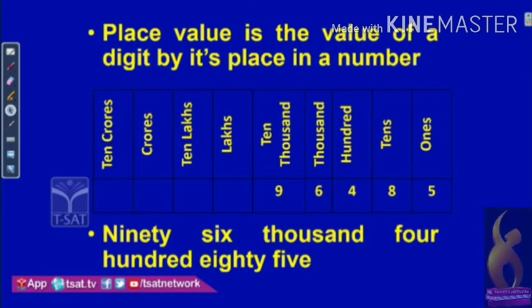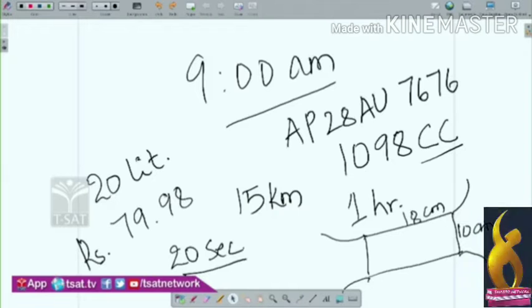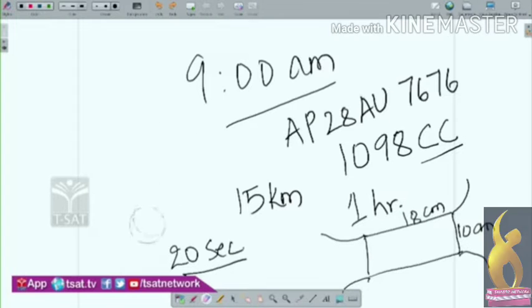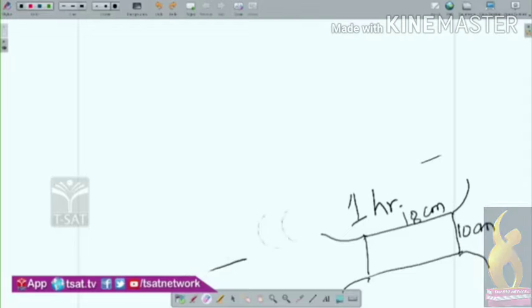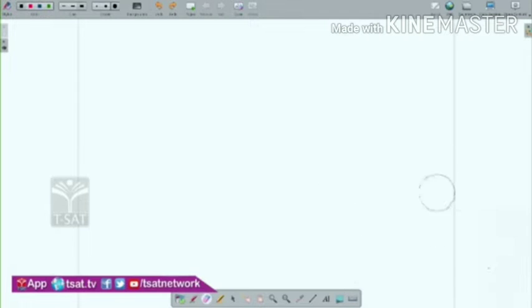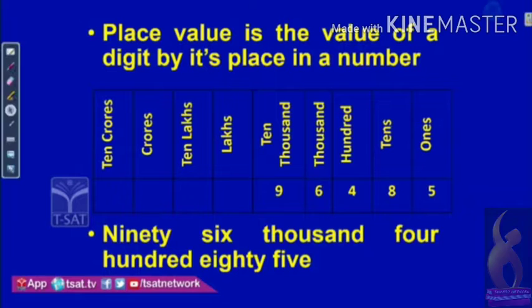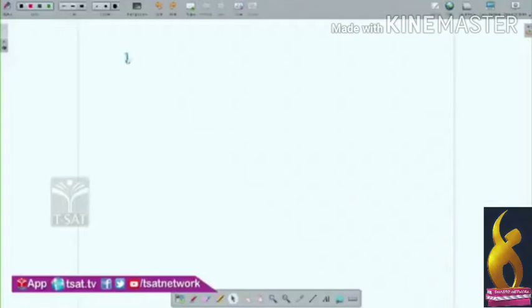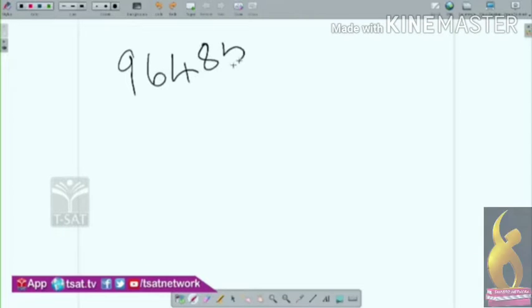Next, 4 is in which place? It is in hundreds place. That means how many hundreds are there? 4 hundreds are there. In the same way, there are 8 tens and 5 ones. That means, if you see here, after looking at the place values of the digit, what the number we have? We have the number 96,485. Already we know that 5 is in ones place